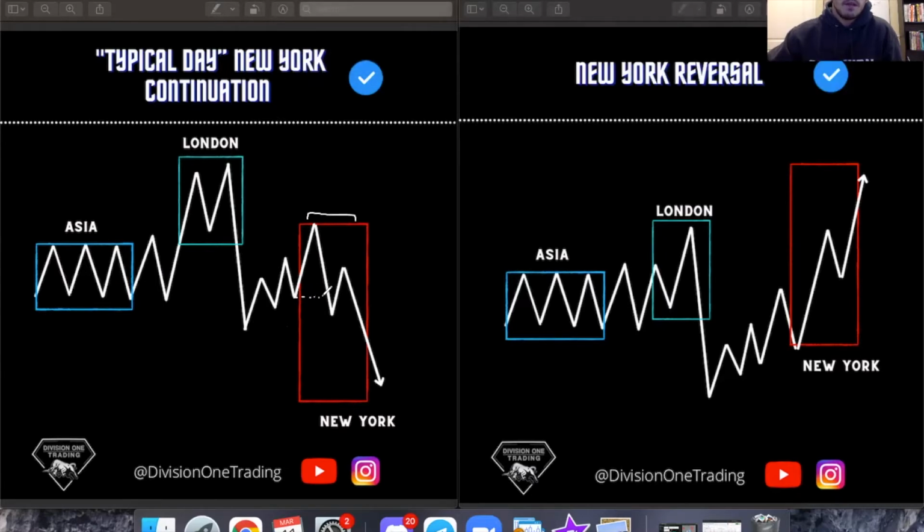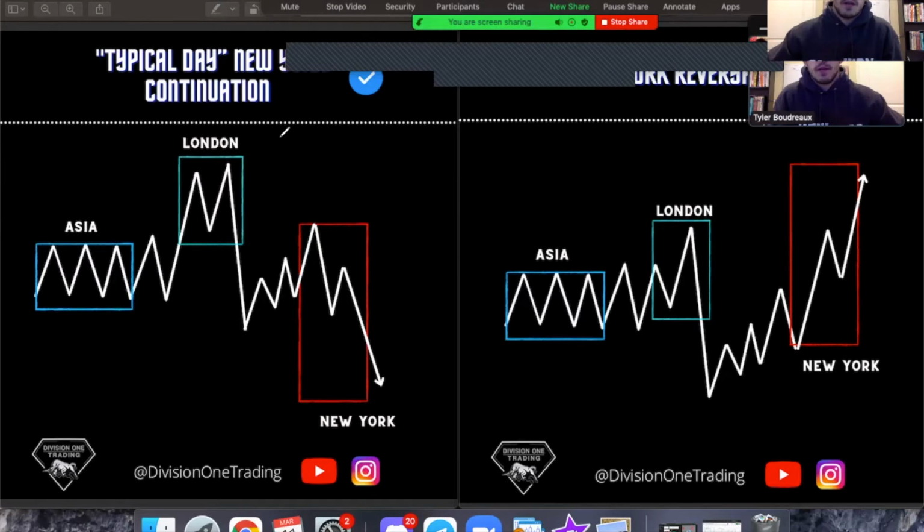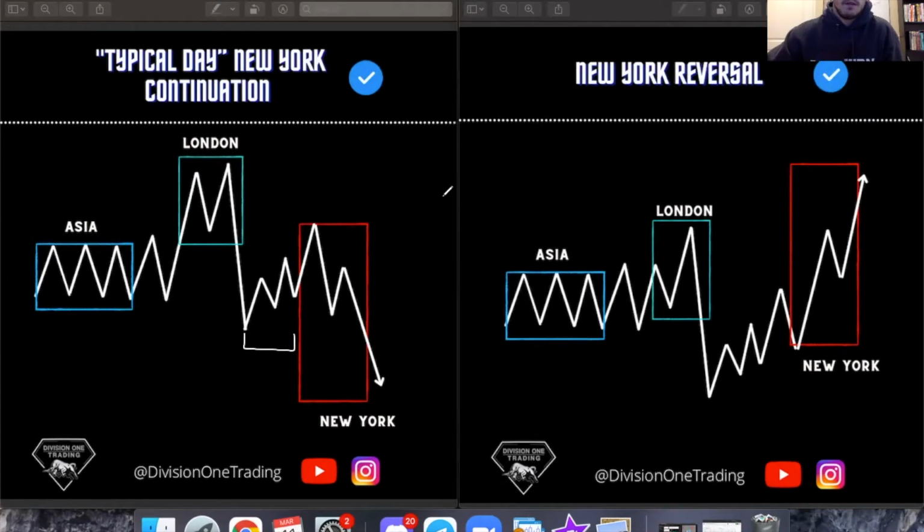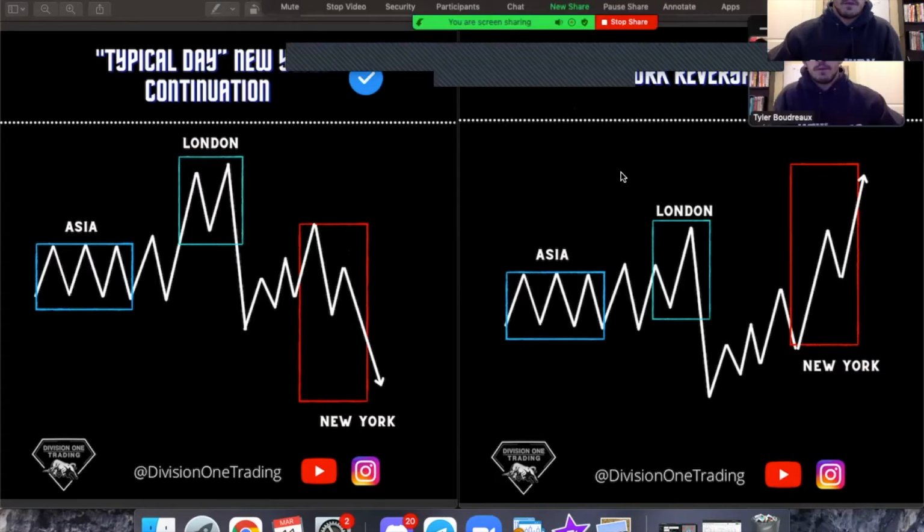We get that break in structure, it trades down. Now this becomes a retracement, this leg here. So when it retraces up, we're expecting this to be a failure, a lower high, and then we're now expecting a lower low. That gives a continuation of that movement, because really all we're getting is bearish London and bearish New York. This is all just kind of the noisy retracement. So vice versa,